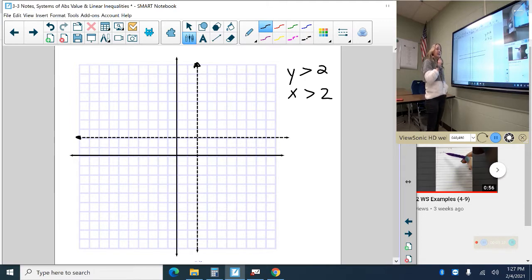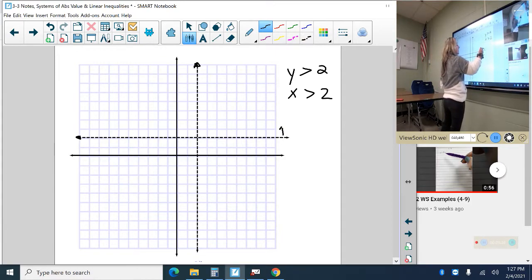But the answer is where the shading overlaps. So we don't want to shade everything. We just want to shade where the two would overlap. Well, if you think about it, y is greater than 2 is going to be above the line. So if this is my y is greater than 2 line, greater than is going to be up here. Okay? X is greater than 2. If this is my x is greater than 2 line, this vertical line,